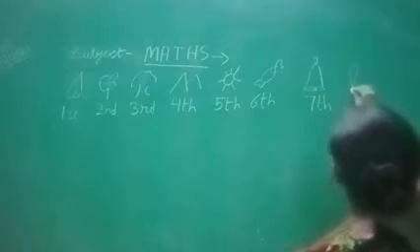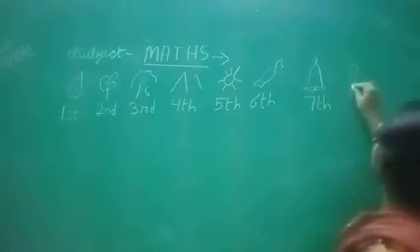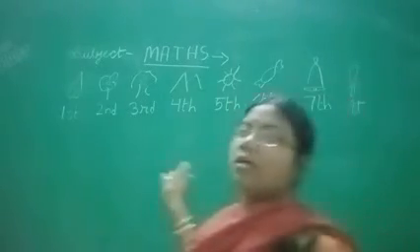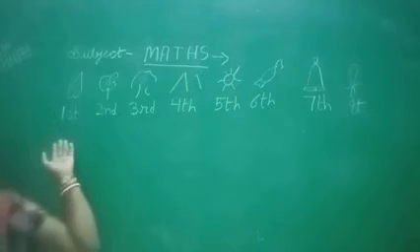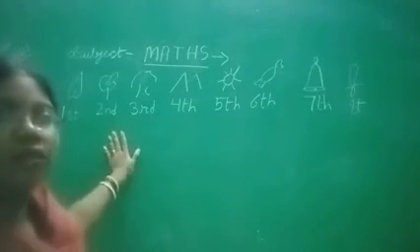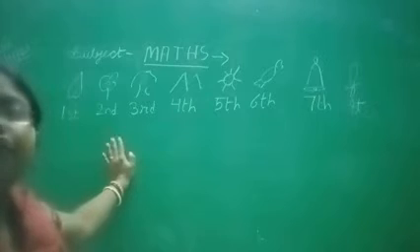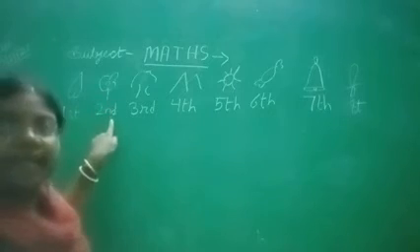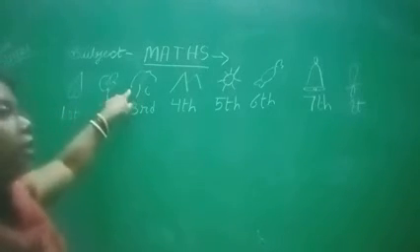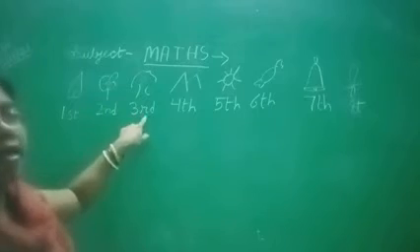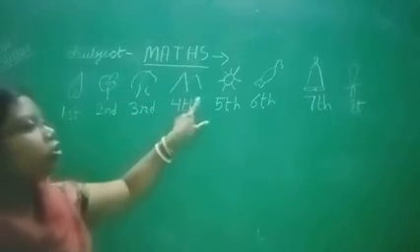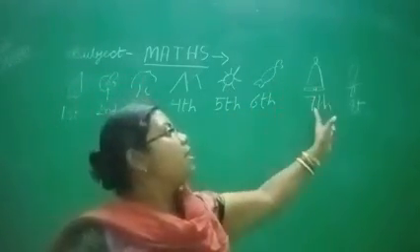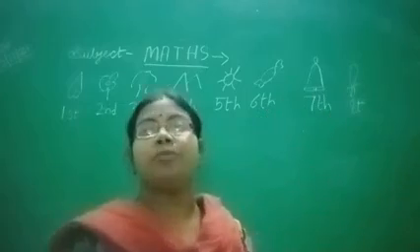Then balloon, you see, it says 8. So they are in a line or a queue, and I have written in which position they are. Leaf is in first position. This is flower, second position. See the position. This is tree, third. Mountain, fourth. Sun, fifth. This is toffee, sixth. Bell, seventh. And balloon is in eighth position.